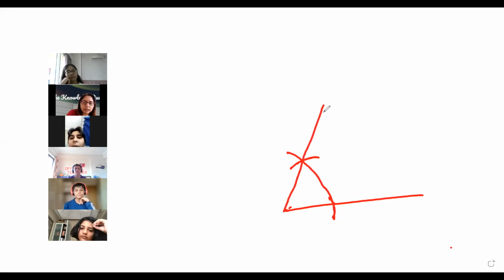ये बन गया कुछ 60 डिग्री, बट मुझे 75 चाहिए. तो इसके ऊपर मुझे क्या बनाना होगा? I have to make 15 degrees more. So यहाँ से ऐसा कुछ 15 degrees more बनाना है. How do I do that? You make 90 degrees, and how do I make 90 degrees? It's a straight line, right? Do we really need a construction step for that? We need a construction. Our straight line can be a little tilted.